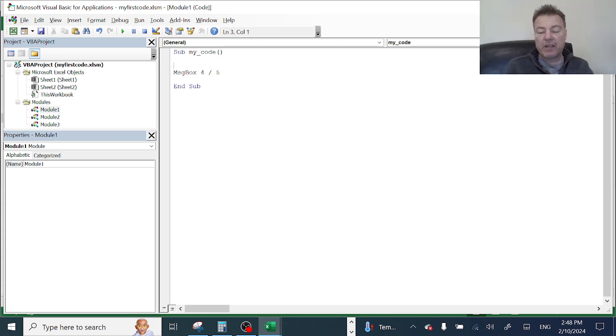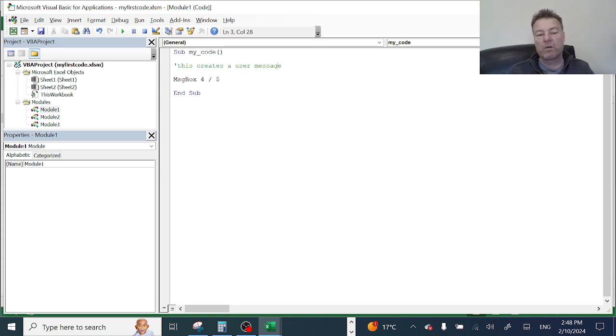Now, to do that, you use an apostrophe and then put in, this creates a user message. Oops, try spelling it correctly. Okay, and if I click OK, what happens is that if a line has an apostrophe at the front of it, the VBA editor ignores that line, so you can use it for messages, and it will turn it green. So you're able to document your code as you go along, which is useful,